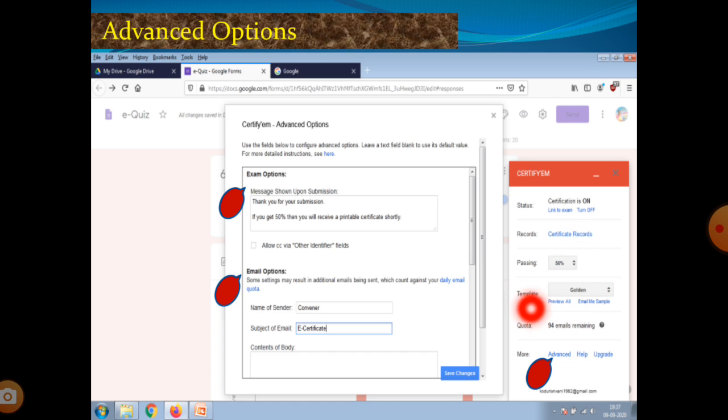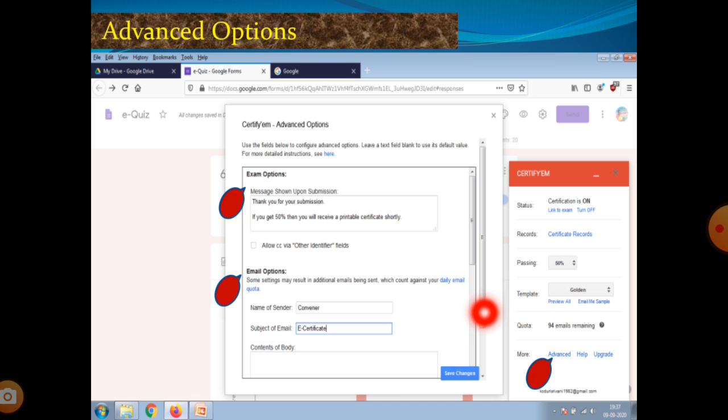Next, preview all, and the image, email me sample. Preview all means the golden zigzag and whatever templates are default in the template box are displayed; all certificates or templates are previewed. If we like the designs, we go for those designs. If we don't like them, we can design our own certificate template with our own creativity. Email me sample: if you select any sample, you get that sample certificate through email.